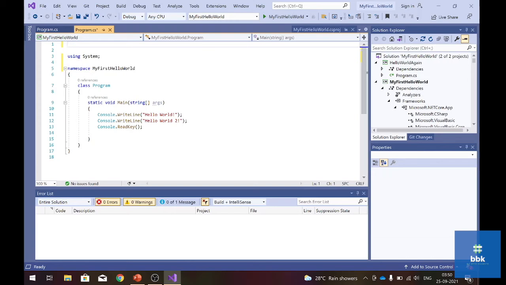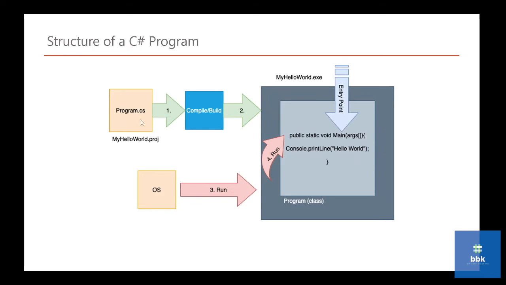Now let's move to see how, when you are writing the program and running it, what happens behind the scene. Okay, so we wrote our program called program.cs, which is nothing but a text file where you can write text, which is a C# code. What happens after that when you compile that program, that becomes an executable file. So if the name of your project is My Hello World, it will convert itself to an executable file called myhelloworld.exe. So the project has your CS file, you compile and you get a myhelloworld.exe file. Now the operating system doesn't know anything about this program, how to build it or what to do with it. All the operating system cares about is myhelloworld.exe